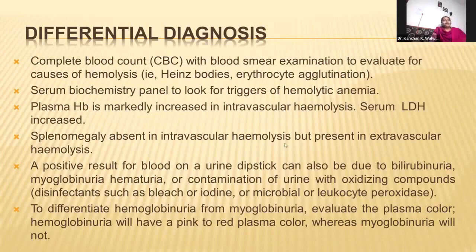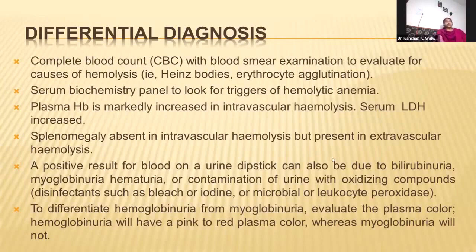Then you can also go for a dipstick test. Urine dipsticks are available, and you take fresh midstream urine, dip the test strip, check the color change, and correlate it with the colors on the dipstick box. They give a color index, and accordingly you can find out whether it is hemoglobinuria, myoglobinuria, hematuria, or some other reason